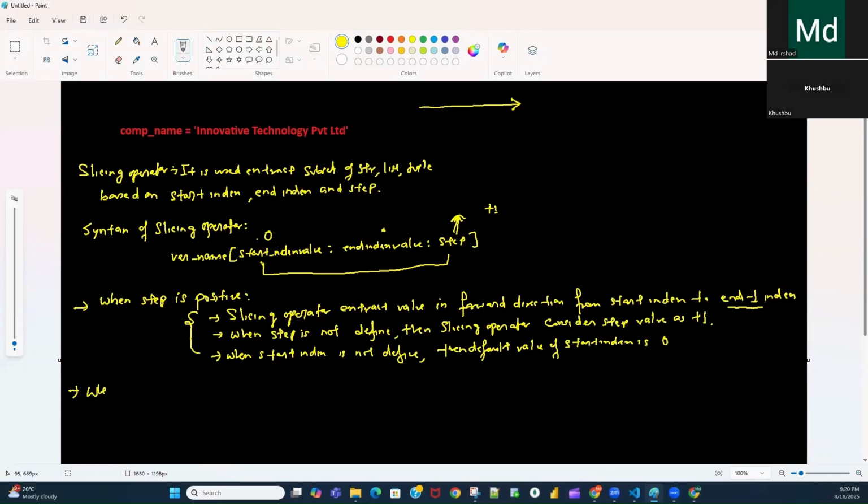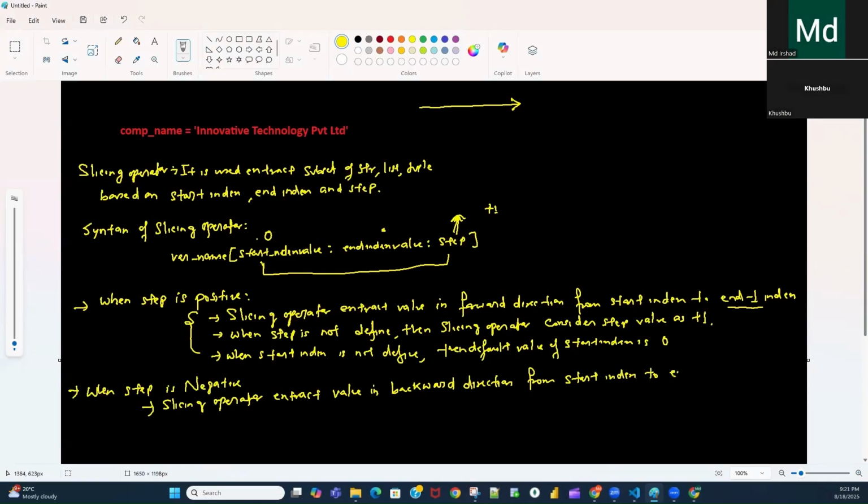Now, when a step is negative, the slicing operator extracts values in the backward direction from the start index to the end plus one index.